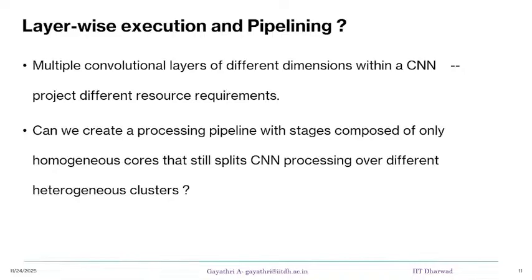You saw that with increasing the number of cores there was an improvement in throughput, but the moment you brought in the next cluster, the smaller cluster, you started seeing a dip in performance, right? So can you do some pipelining such that you put together cores of the same type, and then have multiple stages of the pipeline? You can have a 2-stage pipeline or a 3-stage pipeline, so that when image 1's layer 1 is processing or layer 2 is processing, image 2's layer 1 can be processed, because you have divided the compute into multiple stages and are pipelining your processing of the